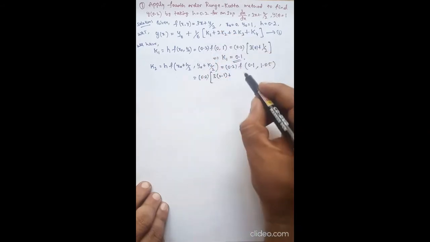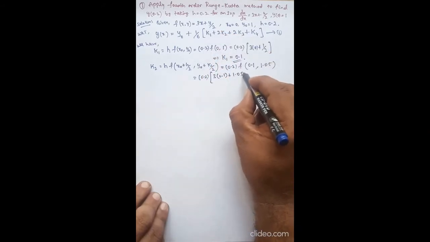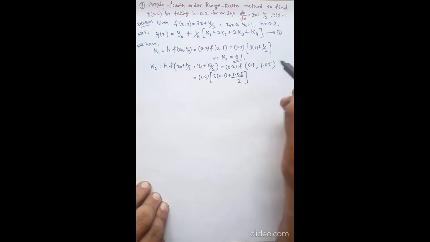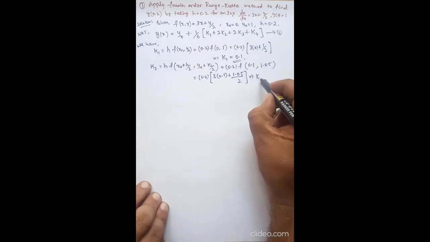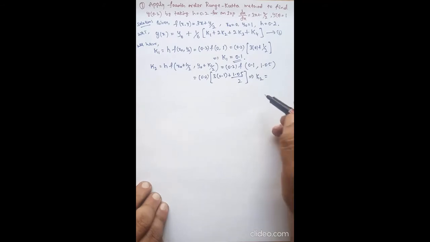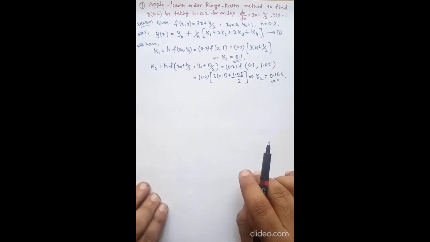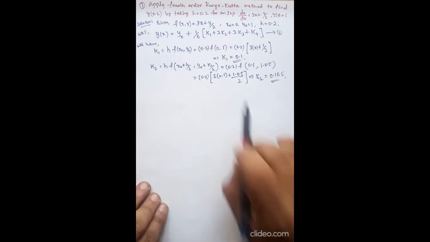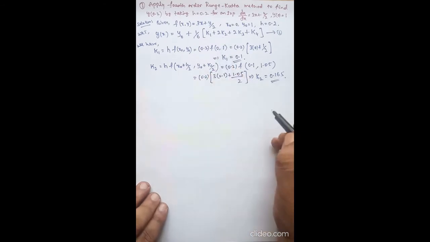y by 2 means 1.05 divided by 2. So if you simplify this, use your calculator and simplify, we get 0.165. So this is the value of k2. So second parameter we got. Now similarly k3,